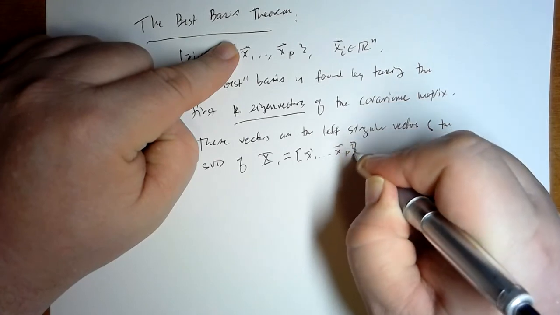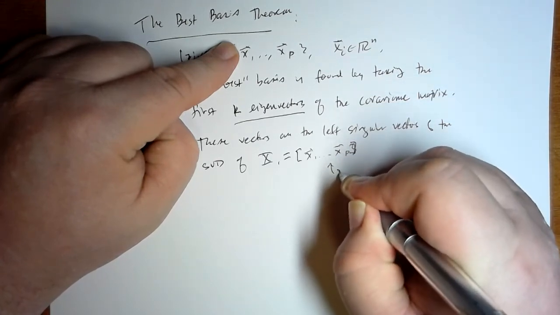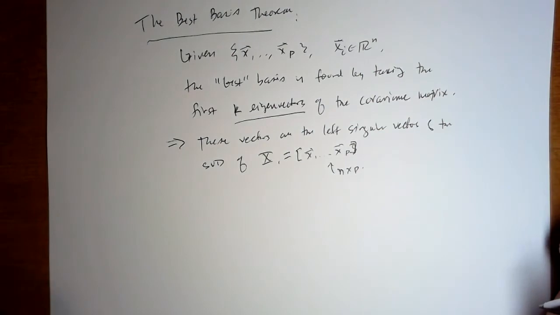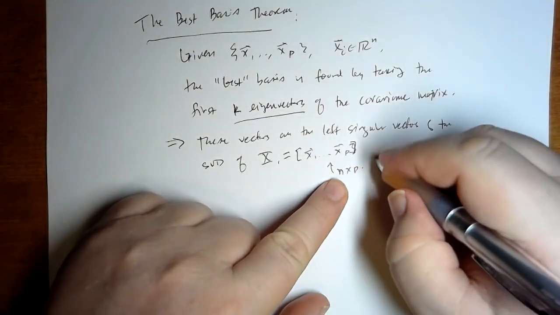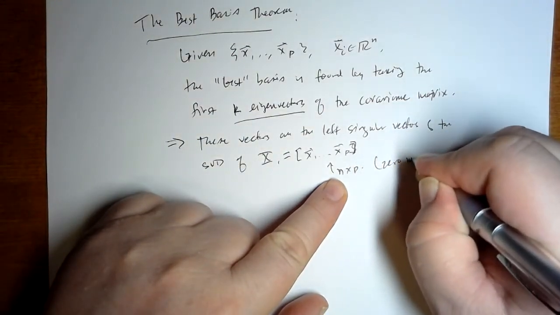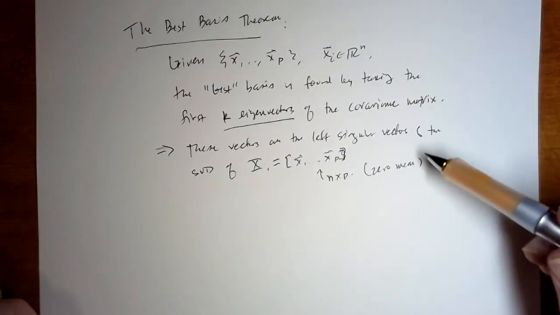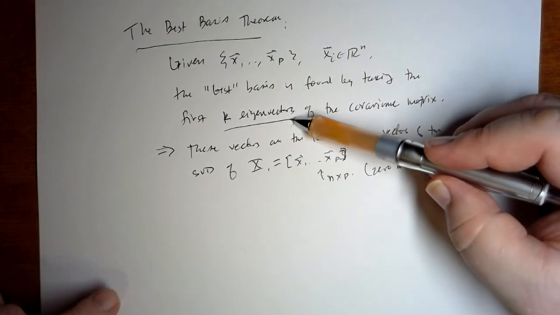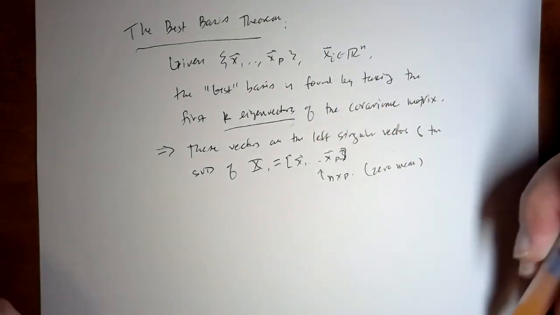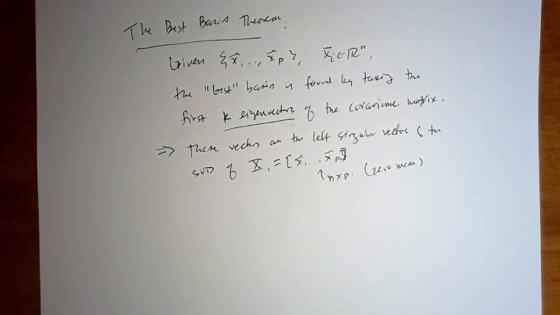So this is n by p. And by the way, these also have zero mean. You don't want to have a bunch of data that doesn't have zero mean. Otherwise, the first eigenvector pretty much points in the direction of the mean, and so you end up removing the mean anyway. Good, that's it. In the next video,